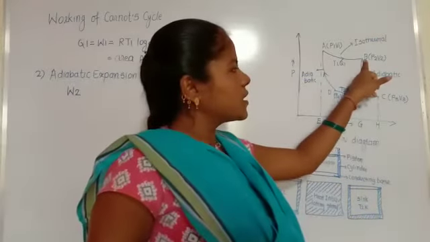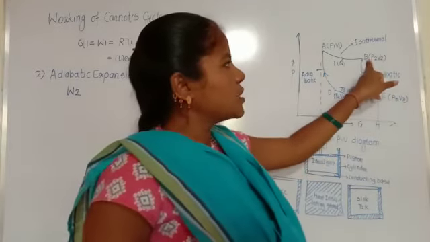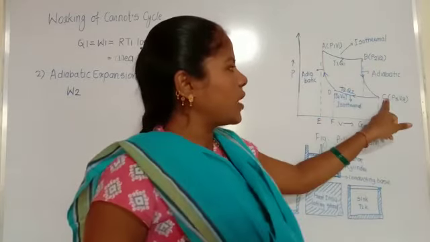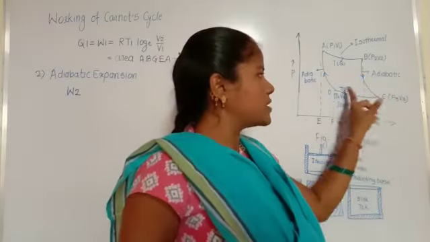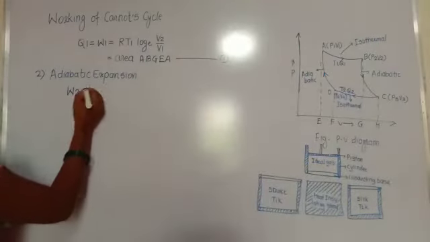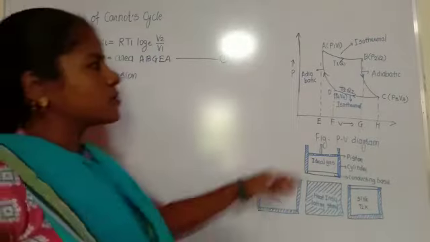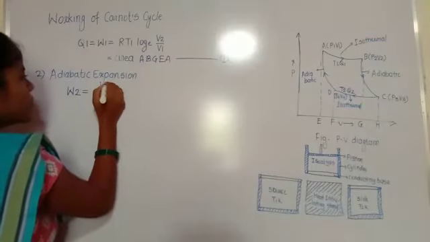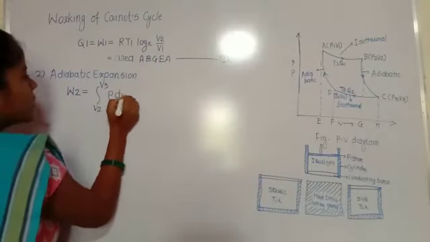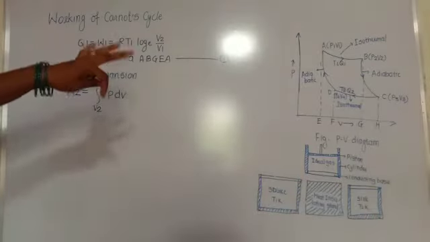This curve is the adiabatic curve, and in it the adiabatic expansion of the gas is performed. It has the pressure and volume P2 V2 and P3 V3, but there is a decrease in temperature to T2. That's why W2 amount of work is done in this adiabatic expansion, seen in the diagram along curve BC. W2 is equal to the integration, as the volume increases from V2 to V3, of P dV. This is the amount of work done along the curve BC.